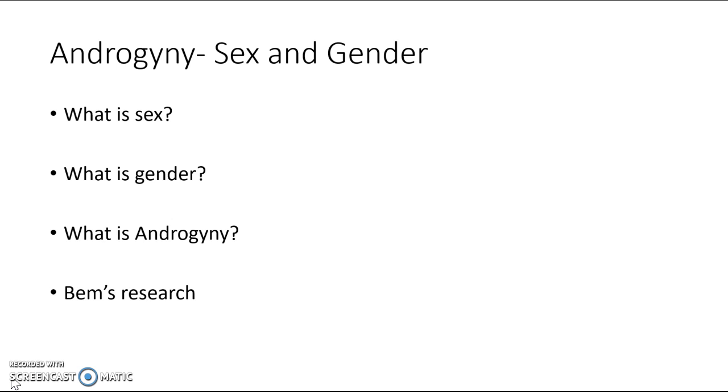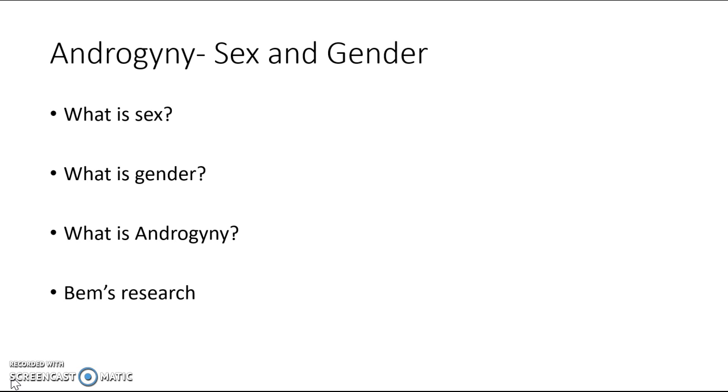And then we can also look at androgyny, which is what Bem researches. Androgyny comes from the two words andro, meaning male, and gyne, meaning female. Basically, androgyny is a gender which mixes both aspects of the female gender stereotype and the male gender stereotype together. And so what Bem did was use her test, which got participants to rate how they felt in relation to a selection of words that linked to their personality.